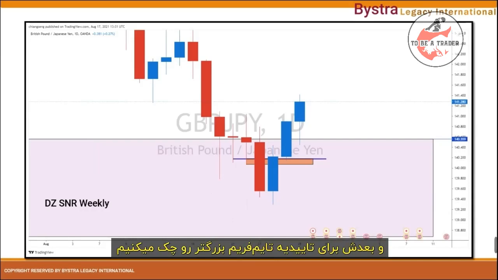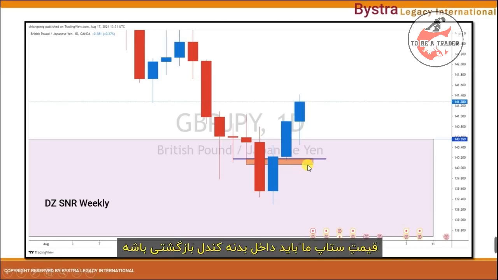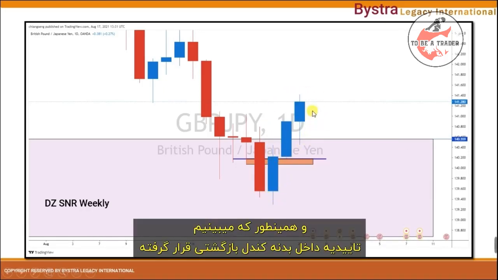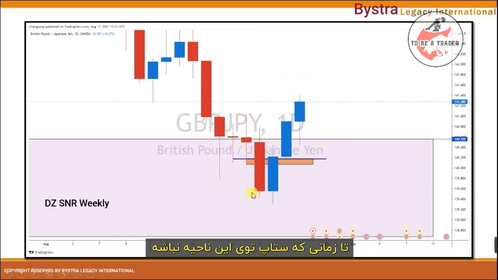And then we check at the higher time frame for confirmation. What we say confirmation is that the price of the setup has to be at the body of the reversal. So this 3 white soldier is the reversal. As we can see, the confirmation is at the body of the reversal candle. So this 3 is considered as the reversal of the white soldiers as long the setup is not in this